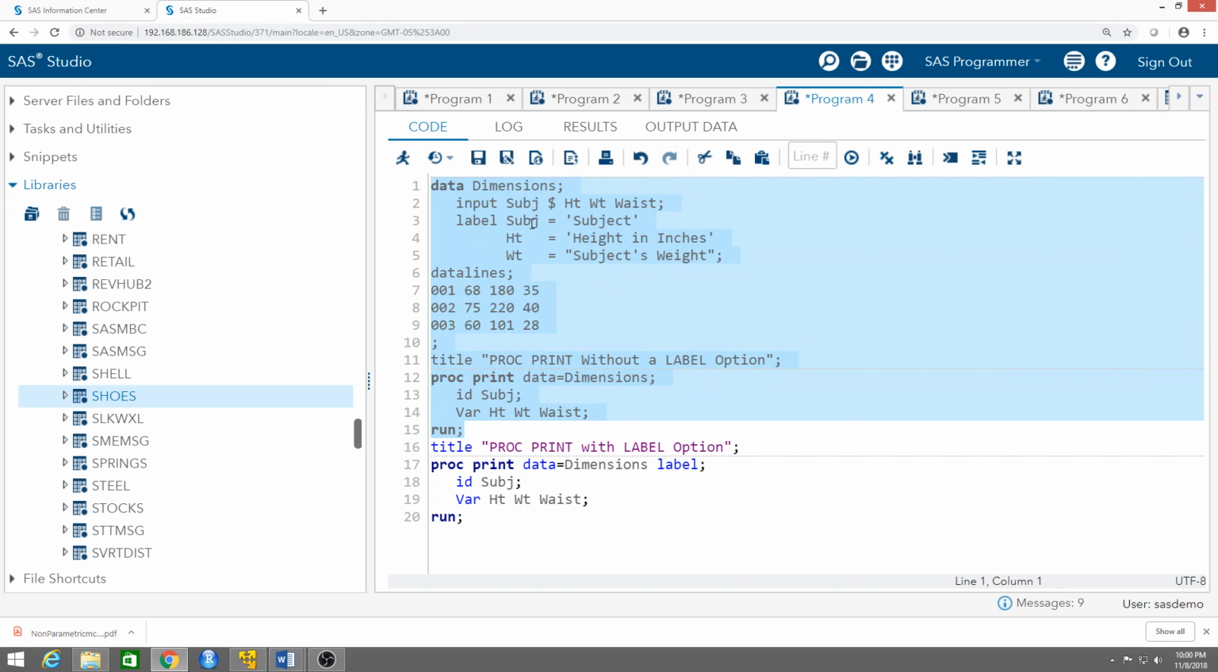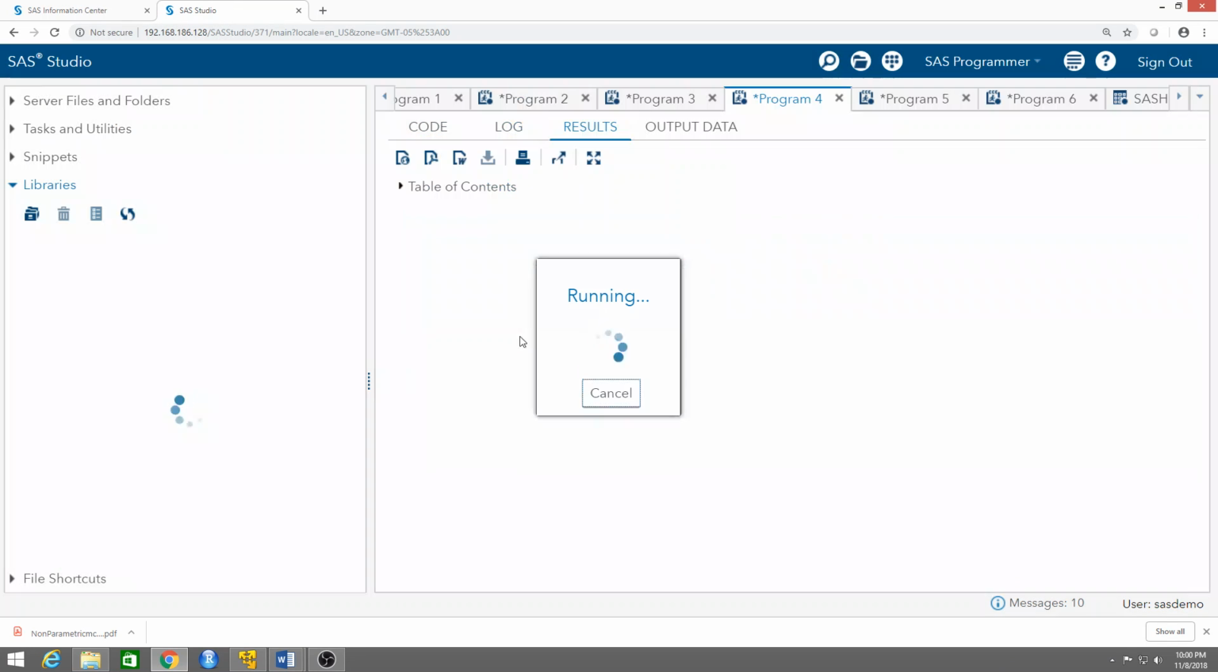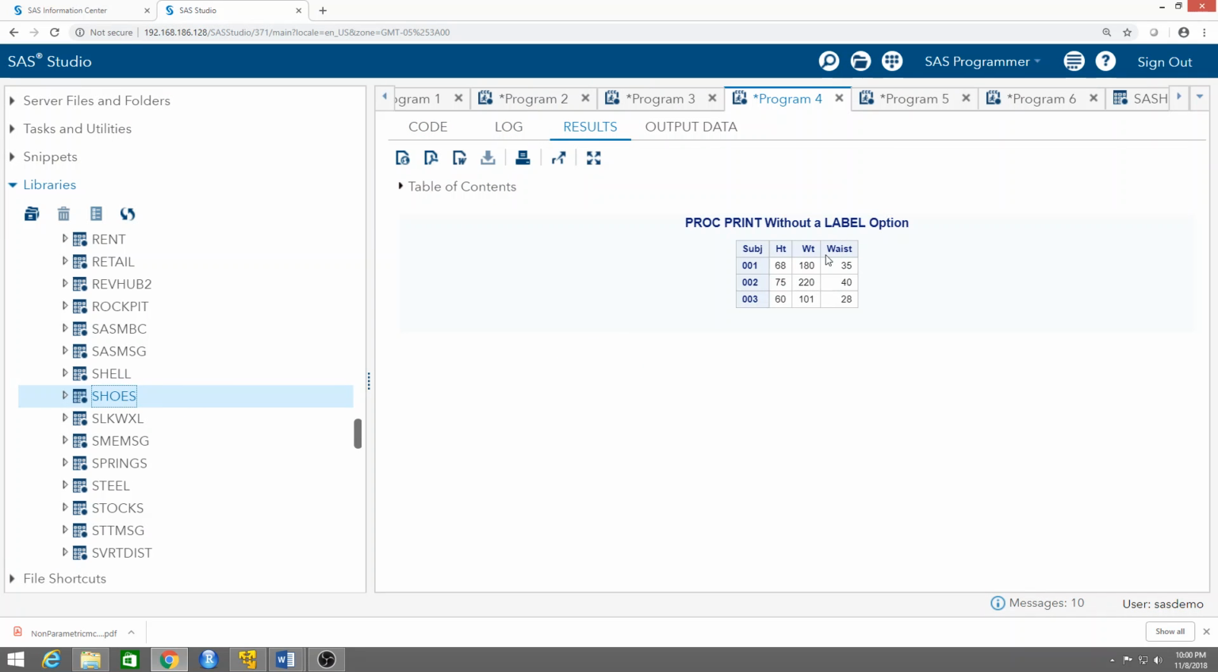just get the names of the variables, not the labels. Let me click that, and you'll see only the names, which could be difficult to interpret. What does this mean? HT, what is that? WT, what is that? Even if you realize, okay, so weight, is it in pounds? Is it in kilograms? What is it, right? So